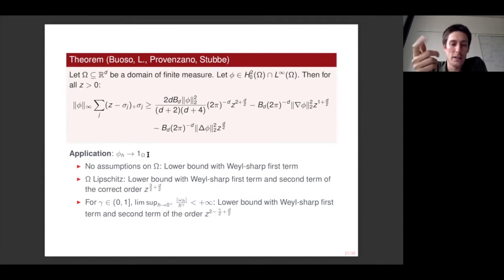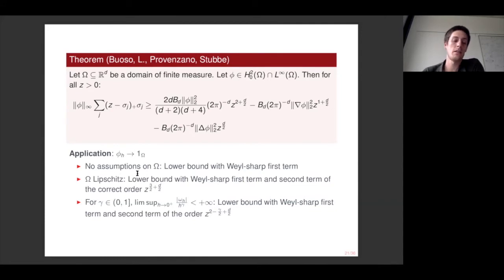And so we constructed an explicit form of this cutoff function, for which we were able also to estimate the norm of the gradients and the norm of the Laplacian in a tubular neighborhood of the domain. And so with these choices, we were able to obtain a lower bound for this quantity with a Weyl-sharp first term and with some lower order term which we cannot control in the case we assume no regularity assumption